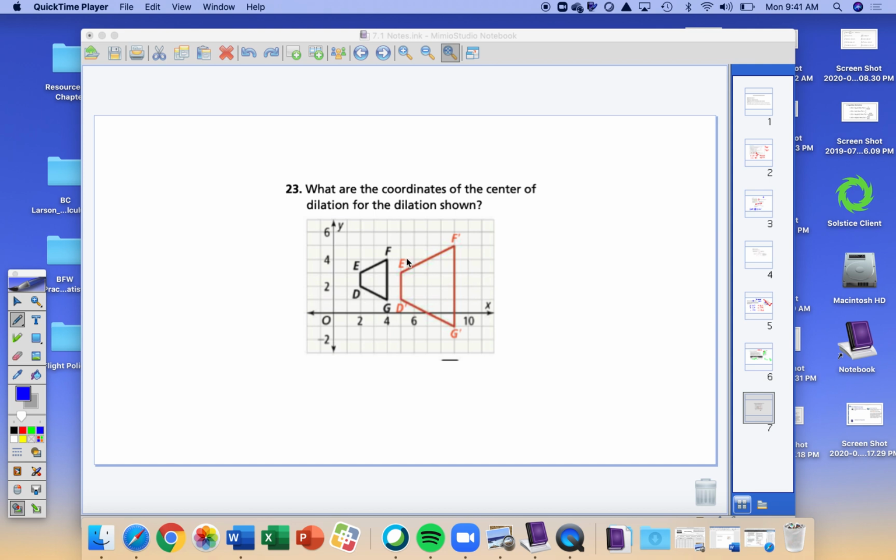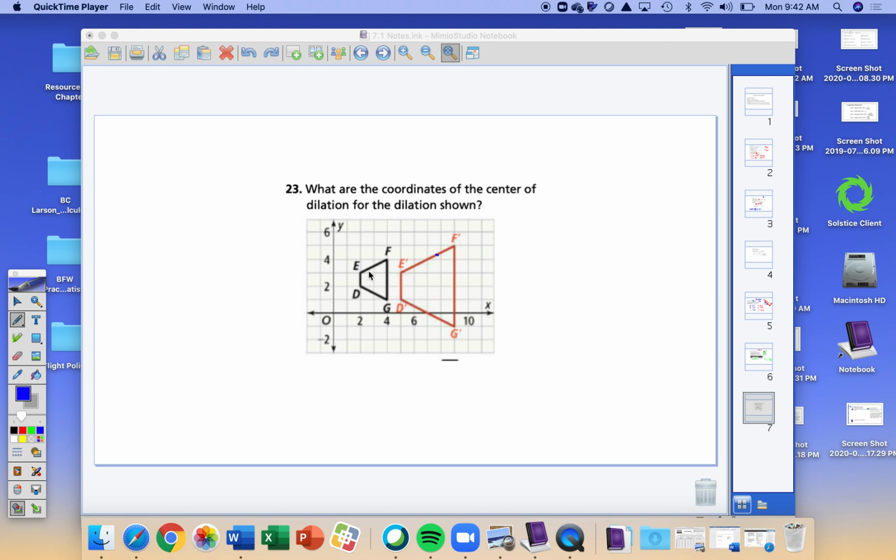Because of that, my center of dilation is going to have to be somewhere in this area over here, because the enlargement means it's moving that way. Okay. So just looking at the image, I want to compare the image to its pre-image. I'm looking at point F prime, and its pre-image is F. So F moved up 1 and over 1, 2, 3, 4, 5. Okay, not super helpful. But if you look at E to E prime, the distance is just 1, 2, 3,